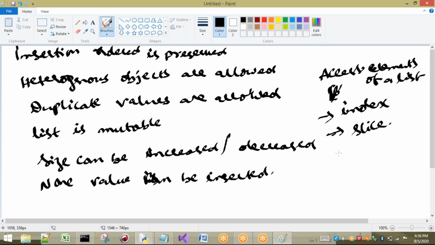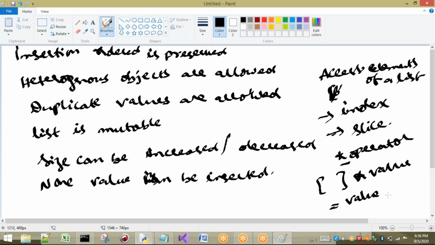If you want to repeat, the star operator can be applied, which we call the repetition operator. If you give a list into some value, it prints that value number of times. So this is about the list data type.